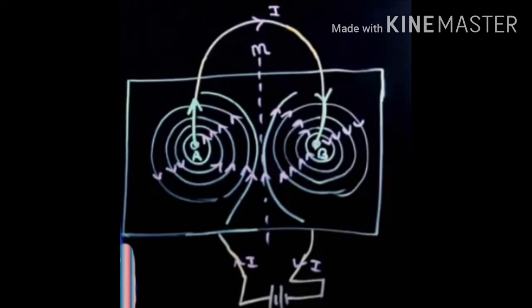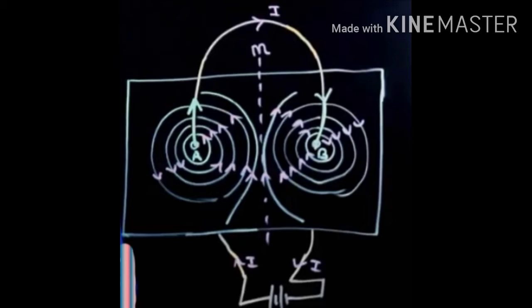It's the same right-hand thumb rule. We can identify in which direction the magnetic field is created. Now next we have to identify the polarity of the magnetic field. How to identify the polarity of the magnetic field? We know that in the bar magnet, the magnetic lines always start from north and end in the south. North polarity is where they start, and they end in the south.